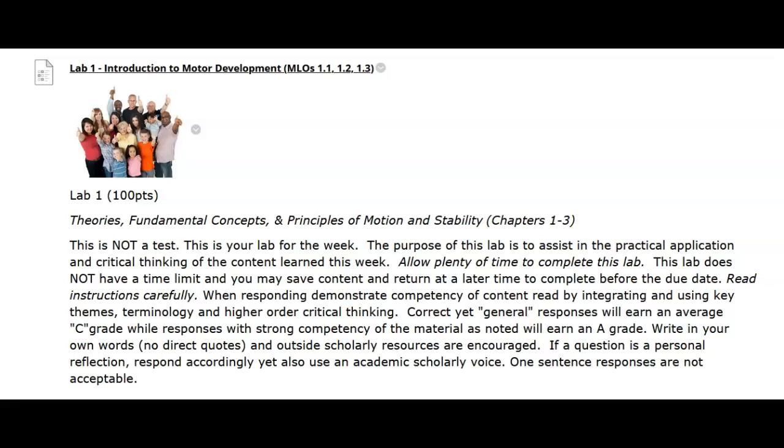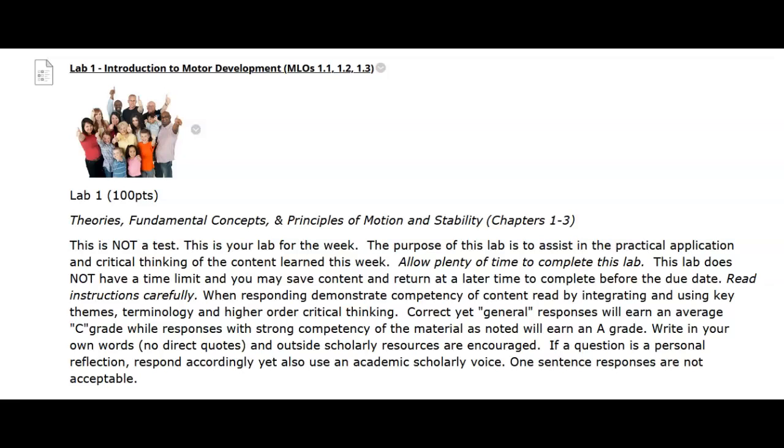There will be 2 labs in this course. This first lab is this week. In this lab you'll be answering some questions, and it'll sort of look like you're taking a quiz. It'll actually say quiz. It's really not a quiz, so don't get upset or freaked out that it's a test. It's not really a test, and you can stop it at any time and it'll save, and then you just come back to it. But just make sure you don't wait till the last minute to do it, because there are many parts to this and you're going to have to do